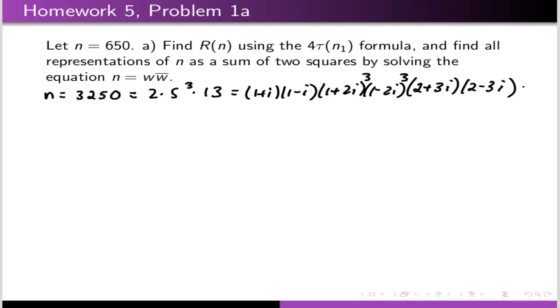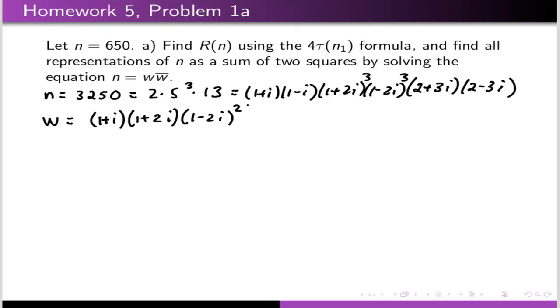Now, I think in the example I did in the lecture, I just was looking for primitive representations. So in general, what we're going to do is just write down some selection for W, so maybe 1 plus I, and then the conjugate would have the 1 minus I, and then we could have a 1 plus 2I, let's say, and then the conjugate would have a 1 minus 2I,